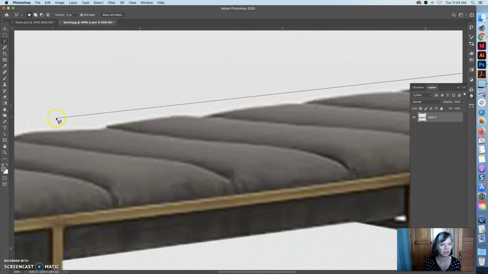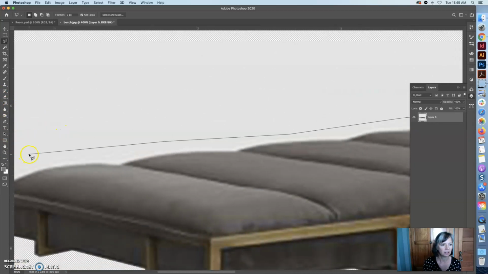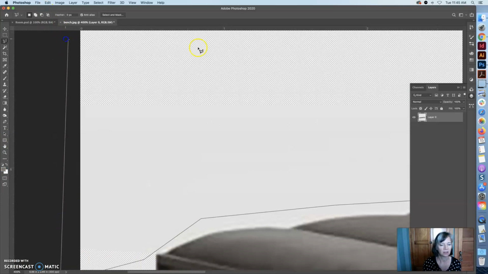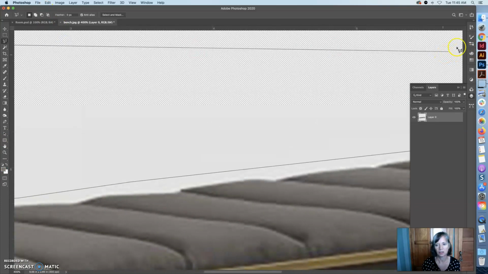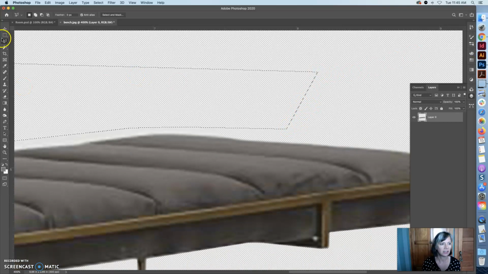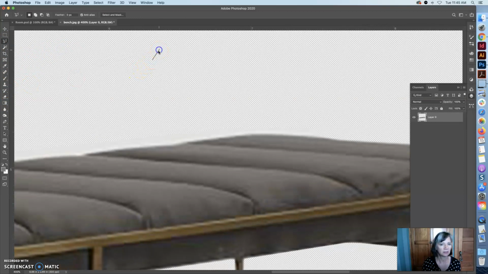Rough this out. Get rid of all my extra white in here. Should have done this when I had it smaller. And then over. Click. Delete that. And then I'm going back to my eraser tool. Unclick. Going back to my eraser tool to clean up that final